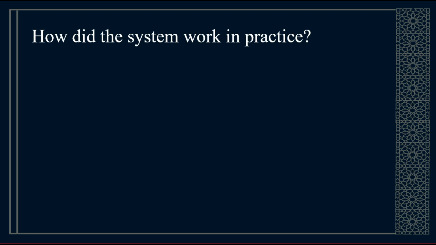So how did the millet system work in practice? Each millet was a legal entity that was given the right to decide religious matters concerning the organization of worship, for example. Alongside this, millets were given the right to deal with matters concerning the individual and family, such as marriage, divorce, and inheritance. This meant that each religious community within the system had jurisdiction over significant aspects of the lives of its members. The millets were also responsible to maintain order in their communities.